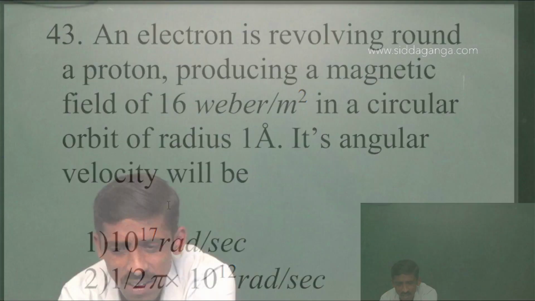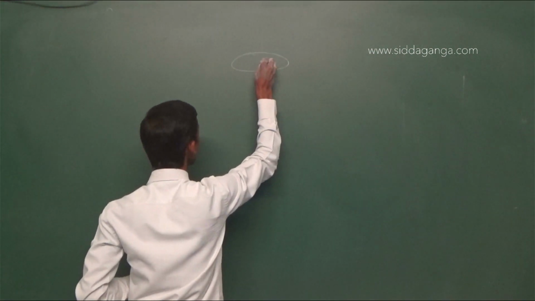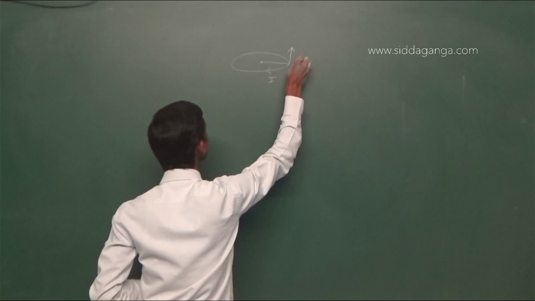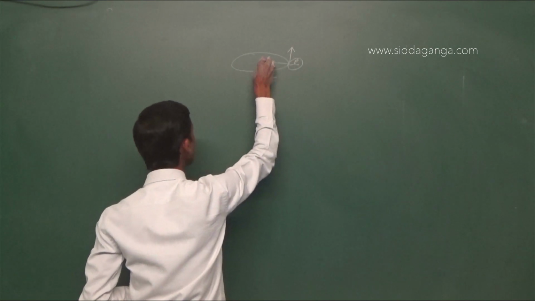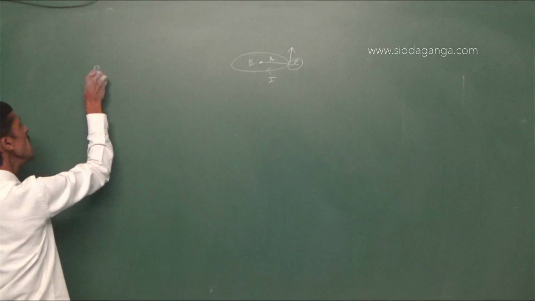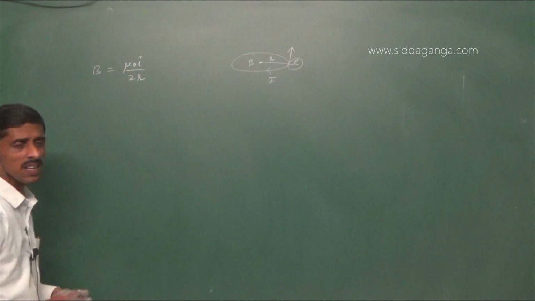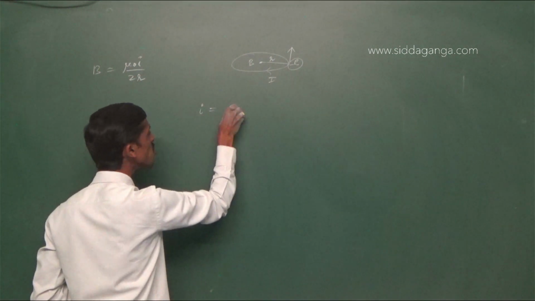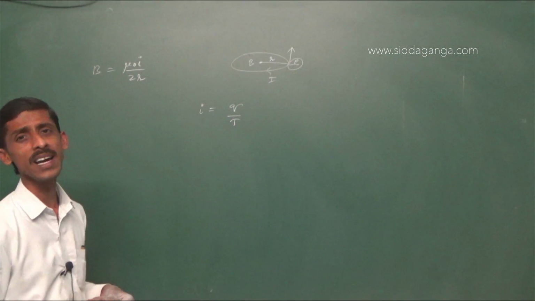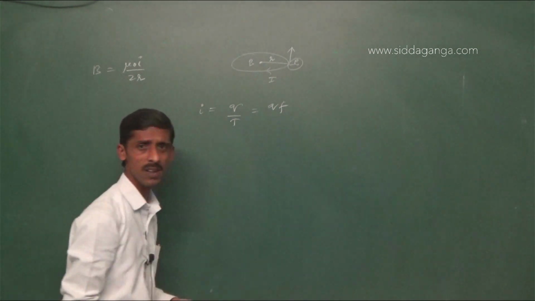So we have seen a few questions on this. Revolution of an electron is equivalent to current. As we know, the expression for the magnetic field at the center of a circular loop is B equal to mu naught I by 2r, if r is the radius. Here the current is because of the motion of the charge. If charge and time period are given, it is q by t. If charge and number of revolutions are given, it is charge into frequency.